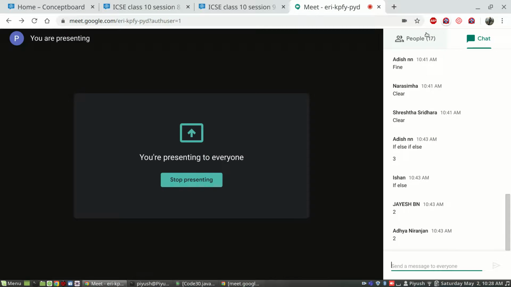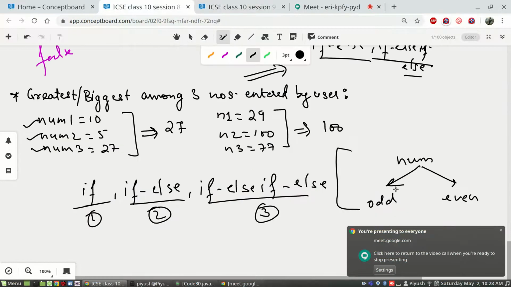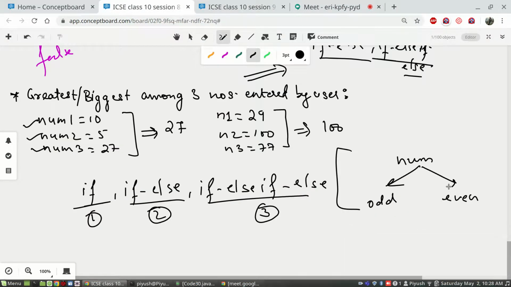No Adesh, see here, we only have two cases, and we discussed that when there are only two cases to handle, we go with if else. If there is only one case to handle out of many possible outcomes, we use if, and if there are more than two cases to handle, we go with if else if. So here either the number can be odd or even, so we'll go with if else.